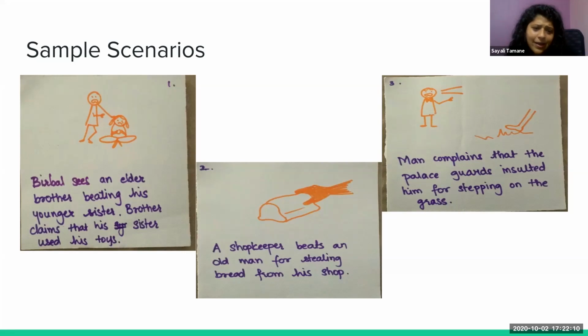So in general, the point was to think consciously about violence and look at each act that we perform in our day-to-day life, and think whether there is violence involved in that act. So this is what we hope to achieve at the end of the game. So these are some of these scenarios.